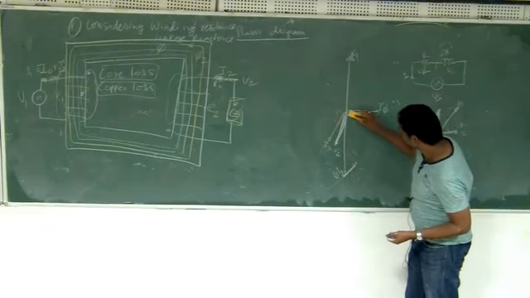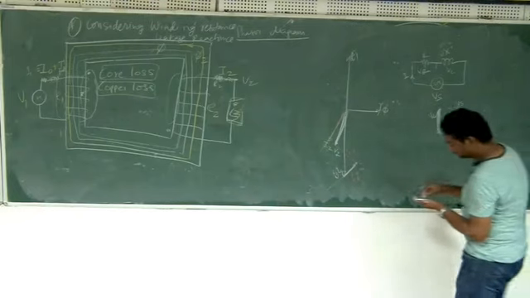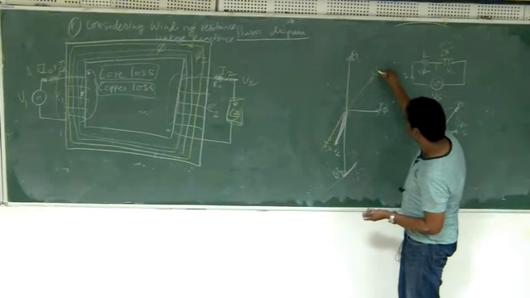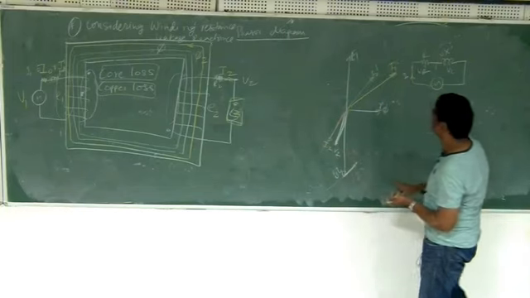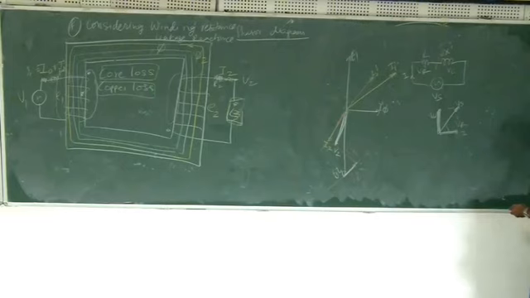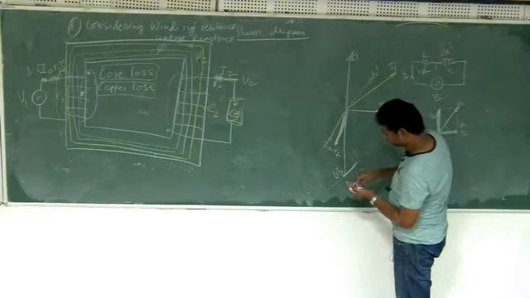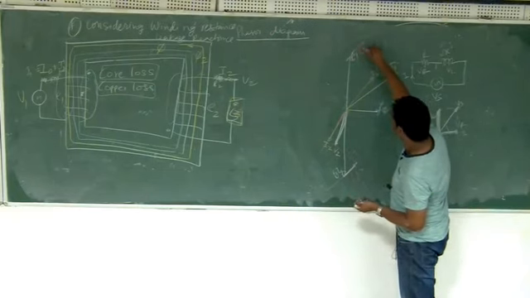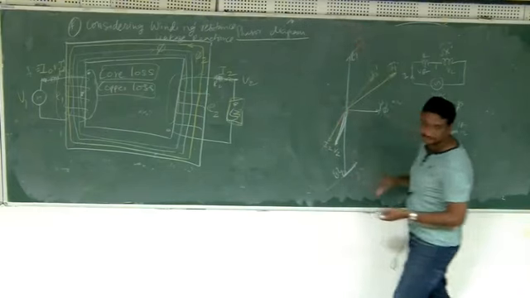Okay, so I'll remove that from here. Now because of this now you know everything. Because of this I2, I'll get I2 dash, and I2 dash and I0 will together become I1. Okay. Now to E1 I will add I1 R1. To that I will add I1 X1. Okay, is that okay?